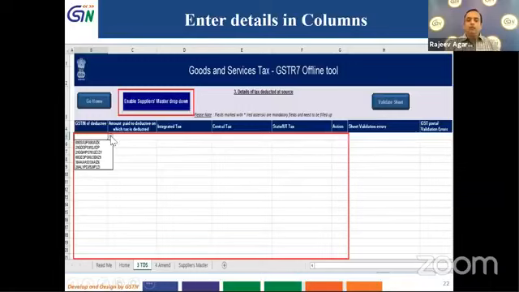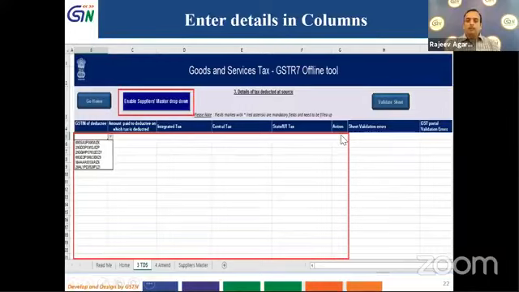the GST portal. If this GSTIN details are already existing for that particular month on the GST portal, then it will be replaced by the new one. Supposing a detail already exists on the GST portal and I want to delete it, then in the action column, I will select delete. So what this will do is that this will be uploaded and that GSTIN details will be deleted on the GST portal.